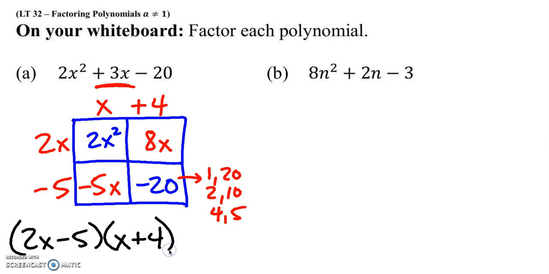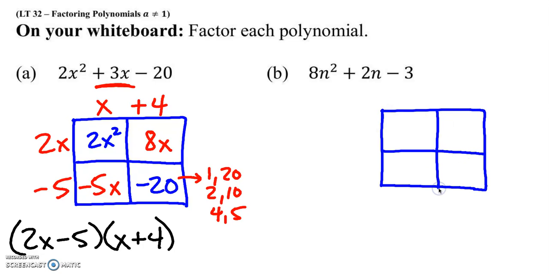If that wasn't the first one you tried, that's okay. A lot of this is trial and error. Try some things out, see if they work, and if they don't, be afraid to go back and try another option. B is a little bit tougher because we have 8n squared, and there are options on how to break down